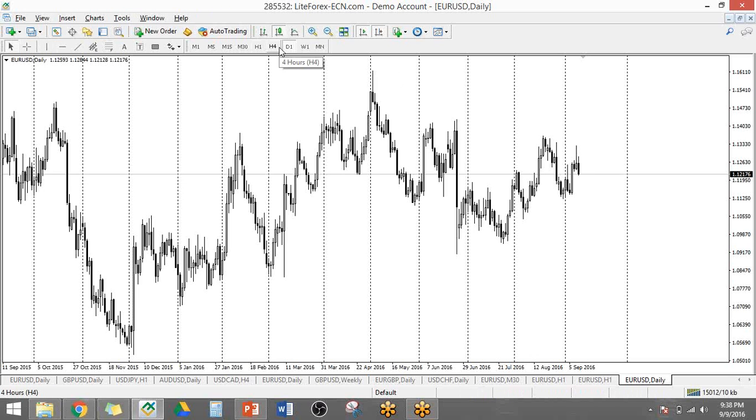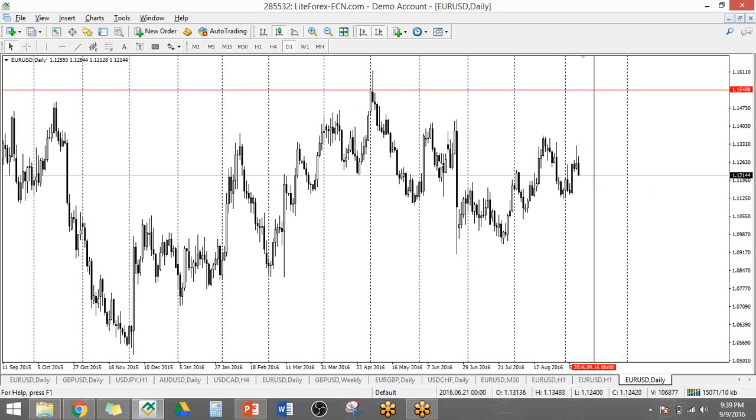Now, moving on, you have here a couple of additional tools that you can use with your chart. You can draw a couple of lines. You have your vertical line and then a horizontal line. So basically, it does what it is named after. For the vertical line, you click on it, and then you click on the chart, and then voila, you have a vertical line. Same thing with the horizontal line. You click on it here, and then you place it somewhere here, like a resistance over there. You click on it, then you have a horizontal line.